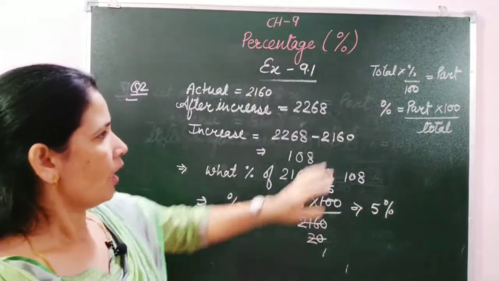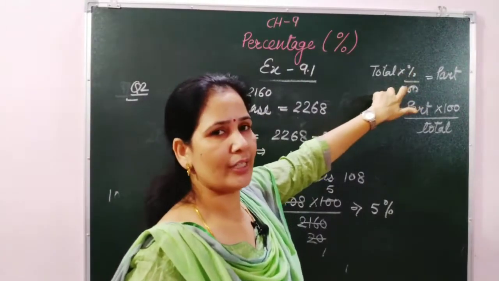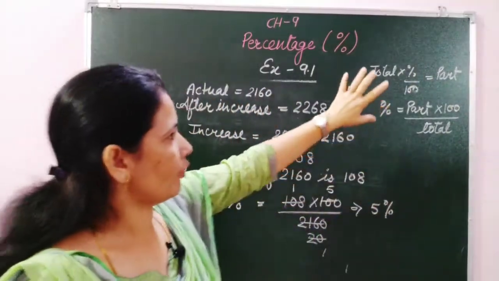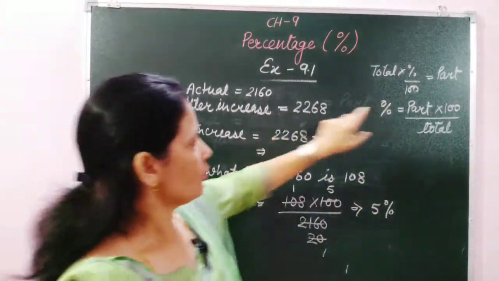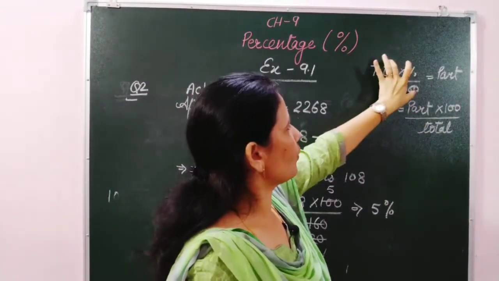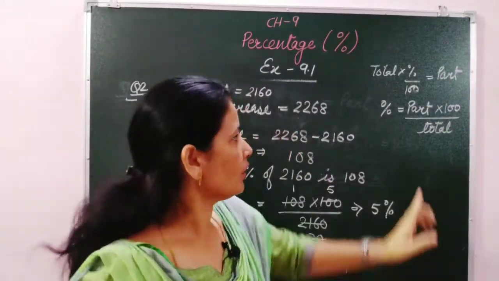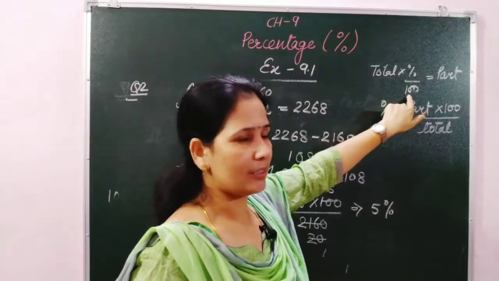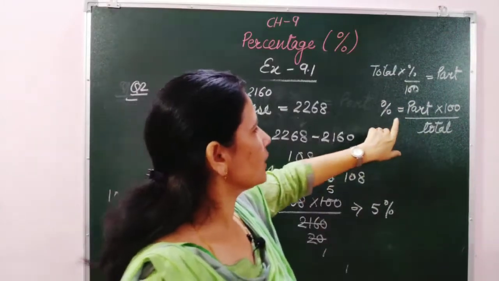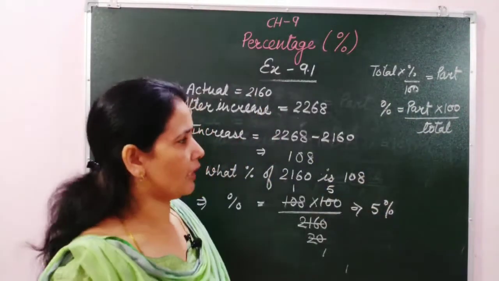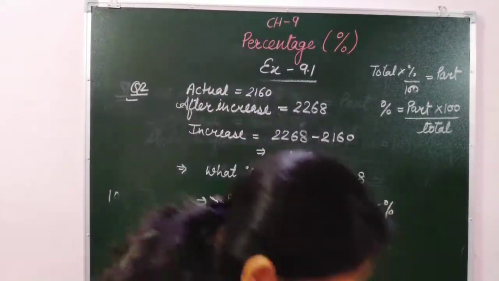Hope you understand this question. I repeat again how I generated the formula, because the basic formula I know: total multiplied with percentage divided by 100, then we get the part. And from this formula we have, students, part and total, and what we have to find out? Percentage. So I keep the percentage here only, and these two portions I shift to the right side of the fraction. When we shift any number to the right side, whatever is divide converts into multiply, and multiply converts into divide. So the new formula that we derive is percentage equals part multiplied by 100 and divided by total. Understood this one? Now let's move to the next question. Okay students?